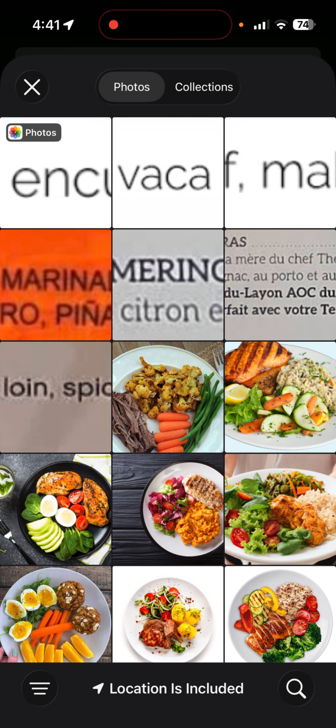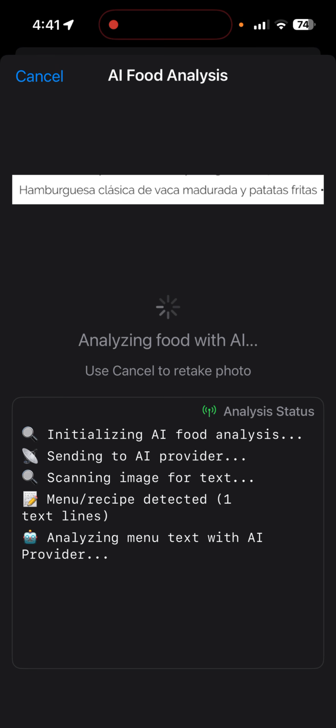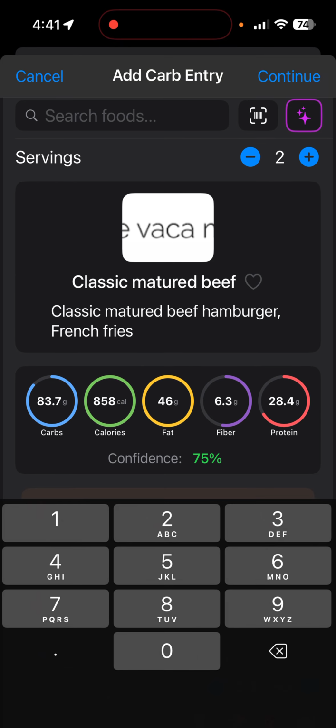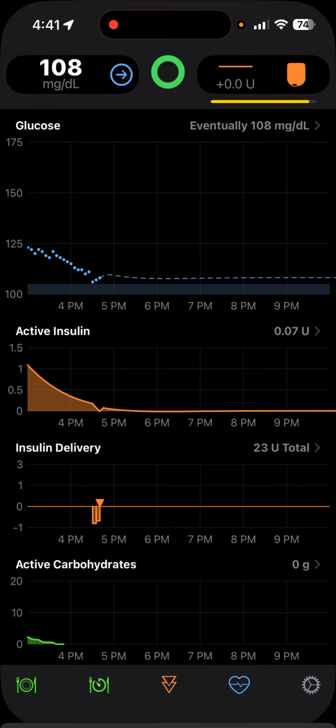So here's a menu item in Spanish, right? Traditional Spanish from like Spain. And it will try to figure out what it thinks it is by doing, first of all, OCR on the menu item, and then it will send that translation into your device's native language, in my case, English, and it will send that to AI, which is an improvement on the last way we used to do it,